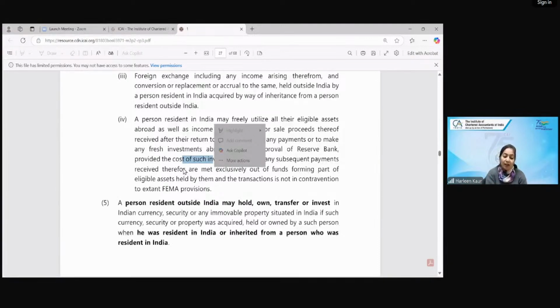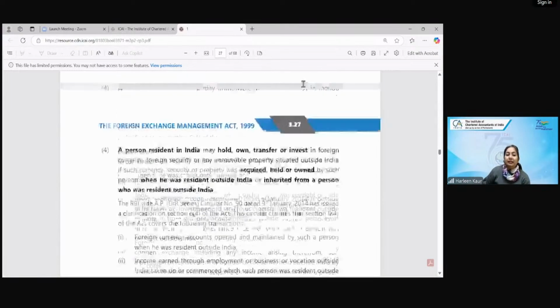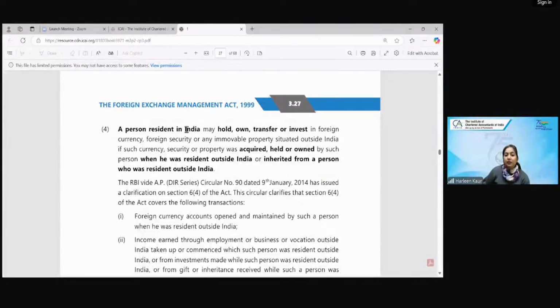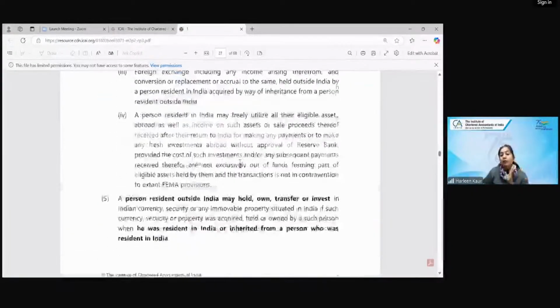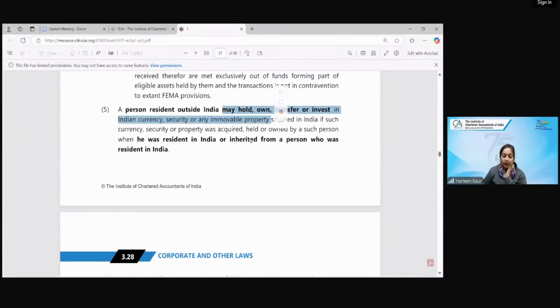Okay. Now we have been talking about the person resident in India. Children, it was the 6th subsection 4 point related to capital account transactions of a person resident in India. Now we are going to talk about a person resident outside India. Like a person resident in India can hold a property in Dubai and can inherit it also, similarly a person who is a resident outside India, say a US citizen who has come to India, can also acquire or inherit property from a person resident in India. It is the reverse of the same thing. You were in India, you went outside India, you purchased the property, capital account transactions. Your son or children inherited from you, capital account transactions.